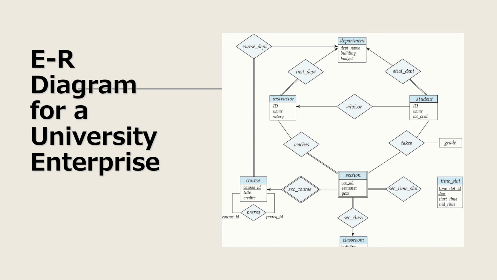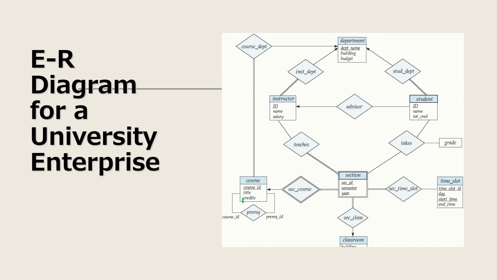Then next is about how to represent a weak entity, a strong entity, a total participation, a partial participation. So we already studied the main important points that are needed to represent a database graphically, that is, an ER diagram. And if you have any question regarding this ER diagram, suppose that you are asked to draw an ER diagram for a system, for example, a library management system or a university enterprise,